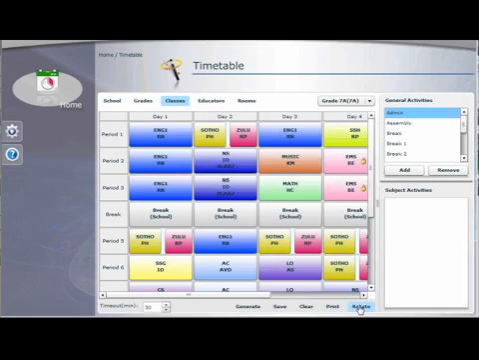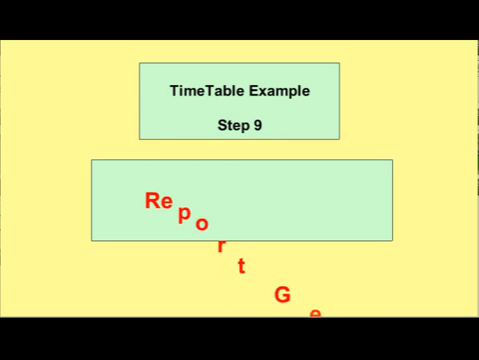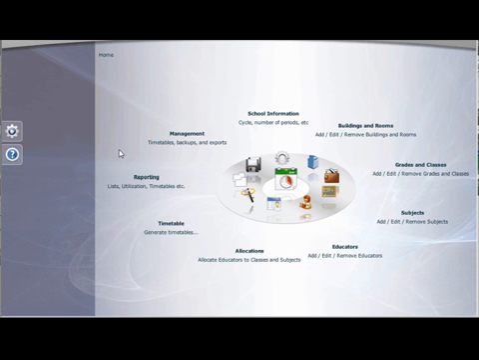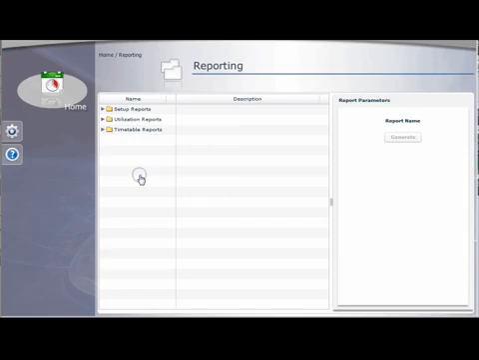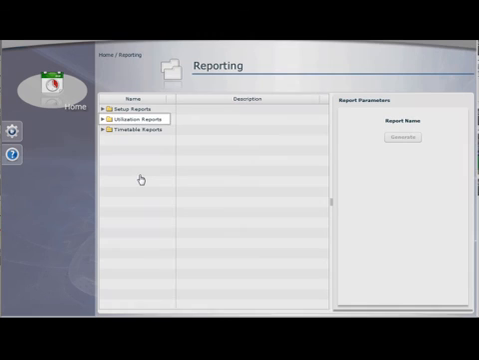Return to the home page by left-clicking on the home page icon. Step 9. The ninth step is the report generation. Reports are printed by left-clicking on the reporting menu item. There are 3 reporting categories: 1. Setup reports, 2. Utilization reports, and 3. Timetable reports. The different report options for each of the 3 categories can be displayed by left-clicking on the indicator